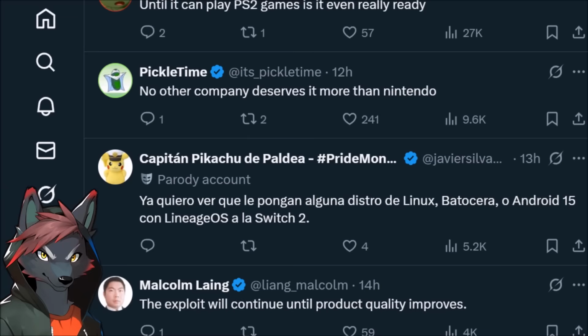And it even draws parallels to the cheating problem in Pokemon, that people just keep on going, well, if Game Freak made it easier to get Pokemon legit, I wouldn't cheat. And then Game Freak makes it like 50 times easier, and then everyone's cheating just as much, if not more. It doesn't matter how much the Nintendo Switch 2 games cost. It doesn't matter how powerful the Nintendo Switch 2 console is for how much money it costs. People are always going to hack and pirate the exact same amount because they're evil. They're worthless. They are a net negative to society because they can only extract value and provide nothing in return.